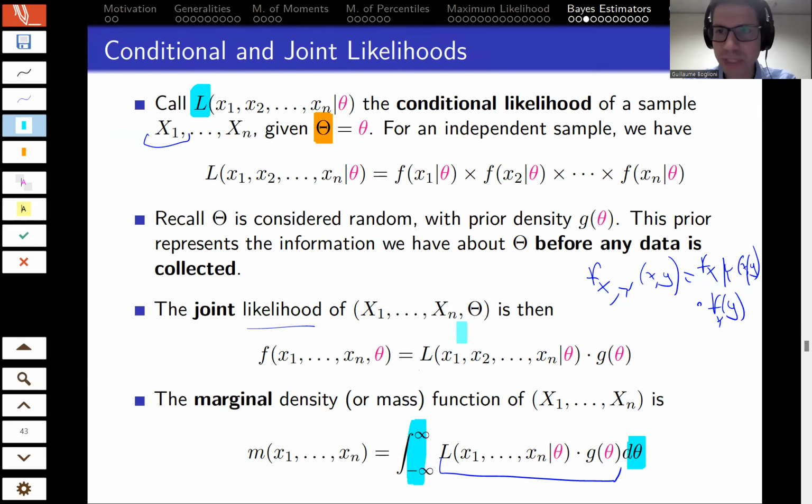Of course, in a specific problem or situation, those bounds might not be minus infinity to infinity. They might be 0 to infinity or something else. It depends on the situation, so this is obviously a general formula. That would be the marginal density. But careful: we call it the marginal density of all the x's, but it's still a joint density in the sense that it's the density of many variables at a time. It's just that we've integrated out the theta.